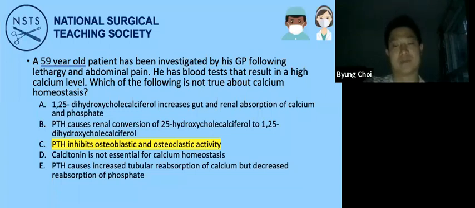It can be quite ambiguous, that one, and I guess that's also a difficult part of MCQs. But yeah, if you know the physiology and the pathways of what it actually does, it can't inhibit both osteoblasts